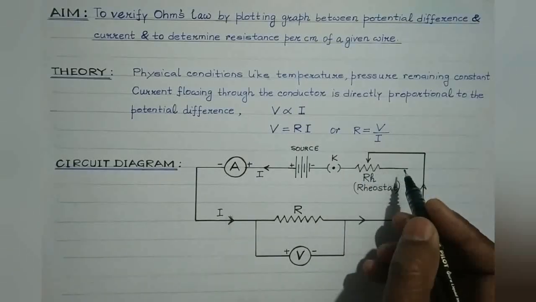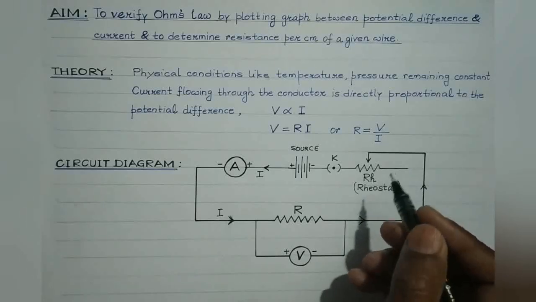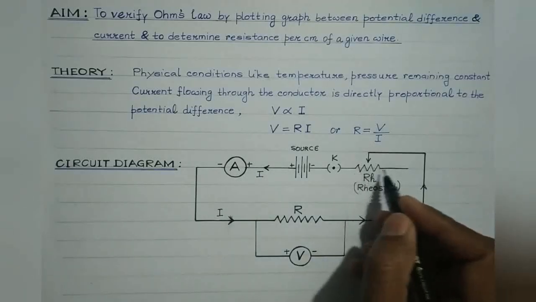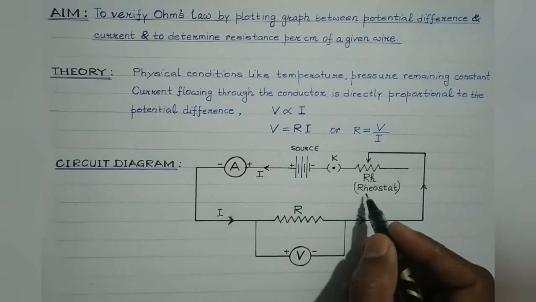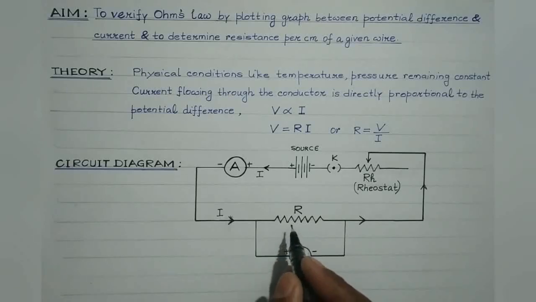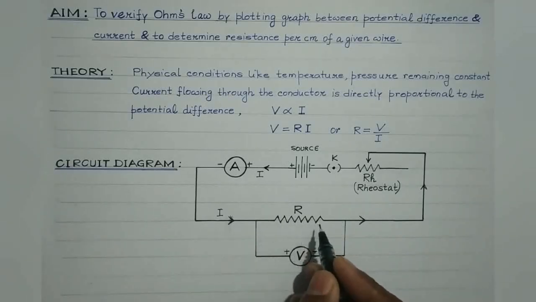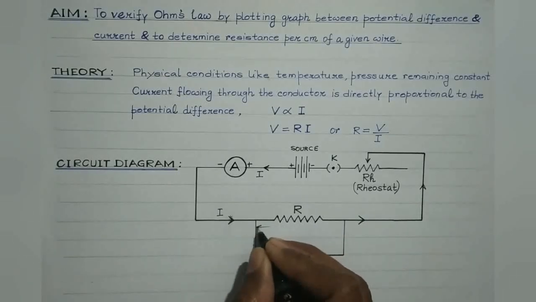This is a rheostat. It is a variable resistor so as to note down the different values of voltage corresponding to the different values of current. So it basically changes the value of resistance in the circuit, right? So it's known as rheostat. And students, this is the resistance wire. It is the standard resistance wire which will be given to us and whose resistance can be easily determined by using Ohm's law, right? And the length of this wire is, suppose, L.